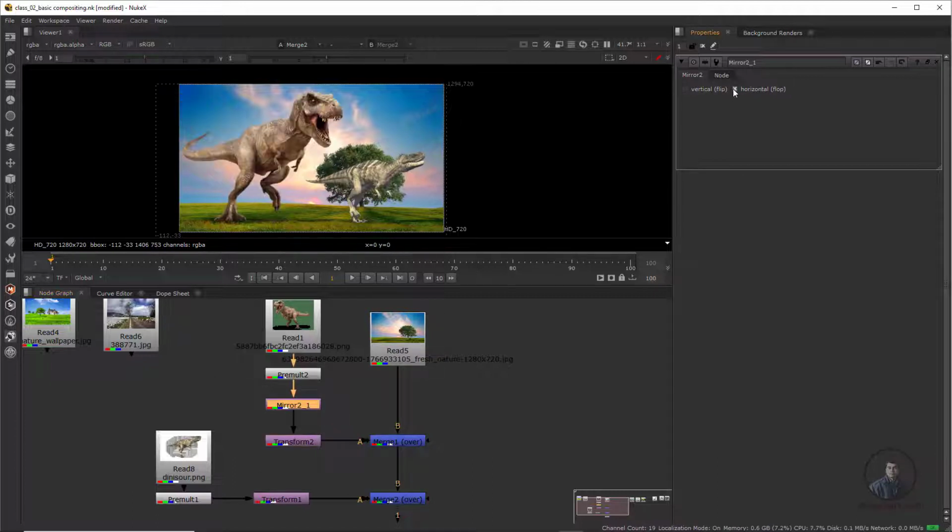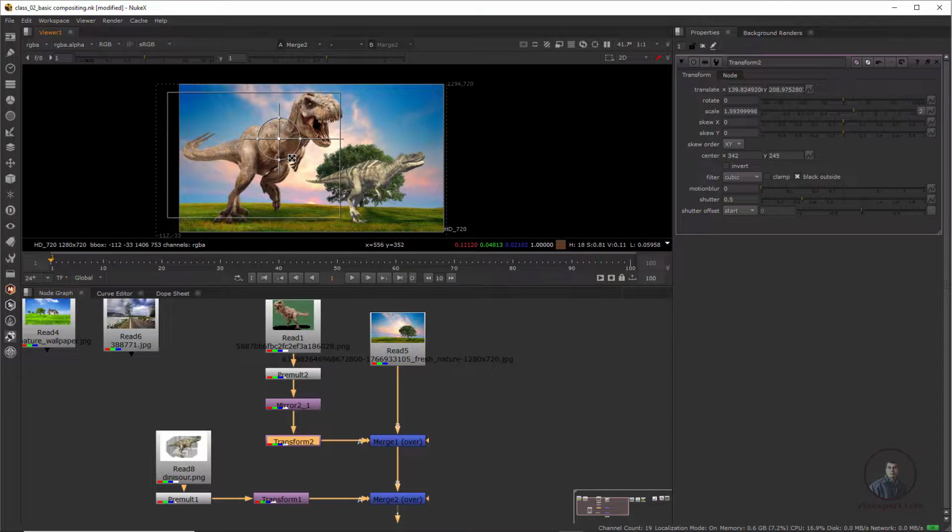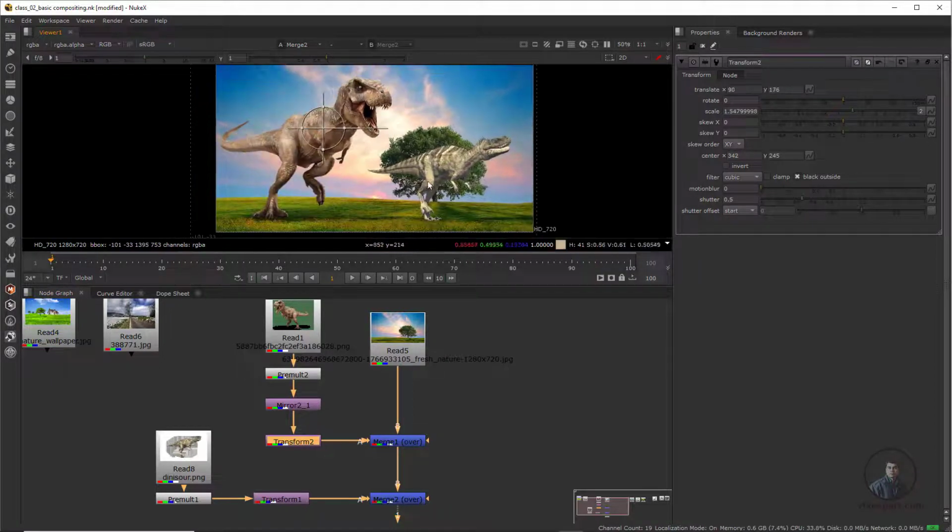So with the help of this node, we can easily flip, and we can adjust the scale and all these things here. Now hold Control and move the anchor point here. Now we can easily adjust. So this is actually like a pipeline or procedure, you can say. Okay, so now place it here, and for this one also I want to flip.